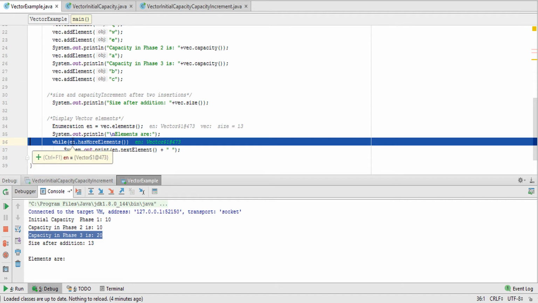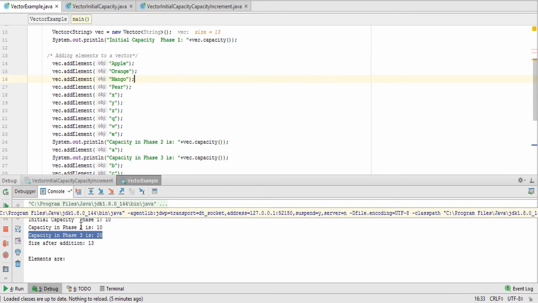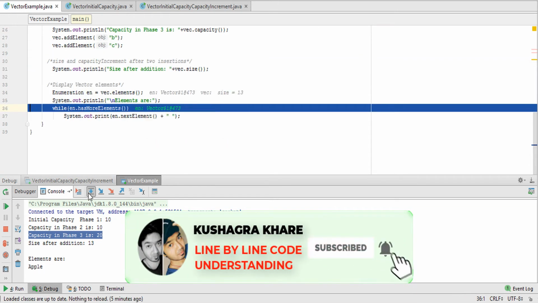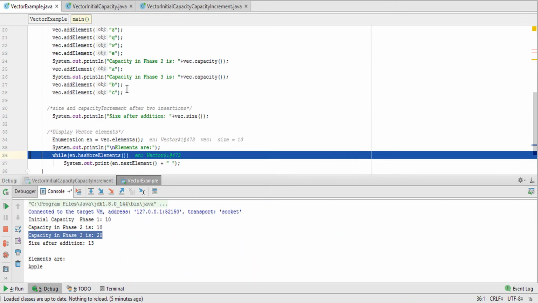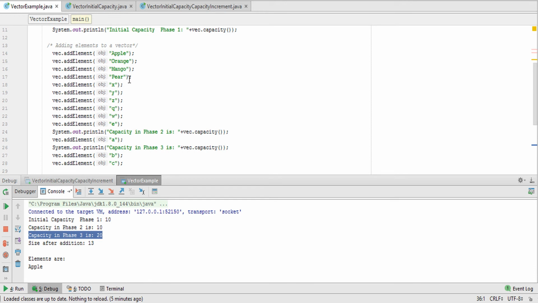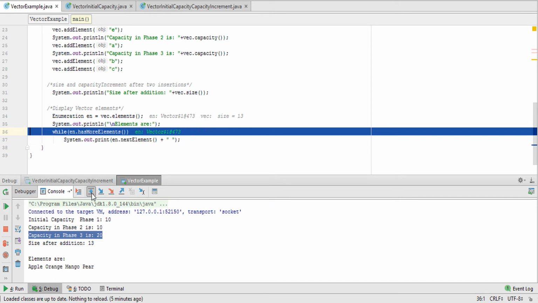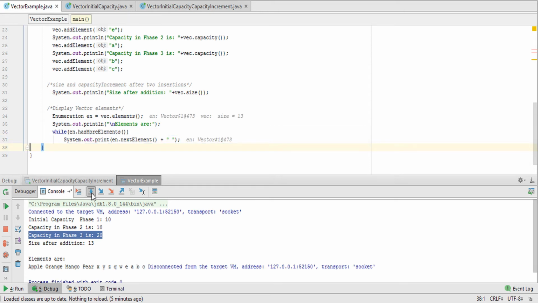On index 0, it will print apple. You can see that apple is printed below. Then second is orange, then mango, then pear and so on: orange, mango, pear, x, y, z, q, w, e, a, b, c.